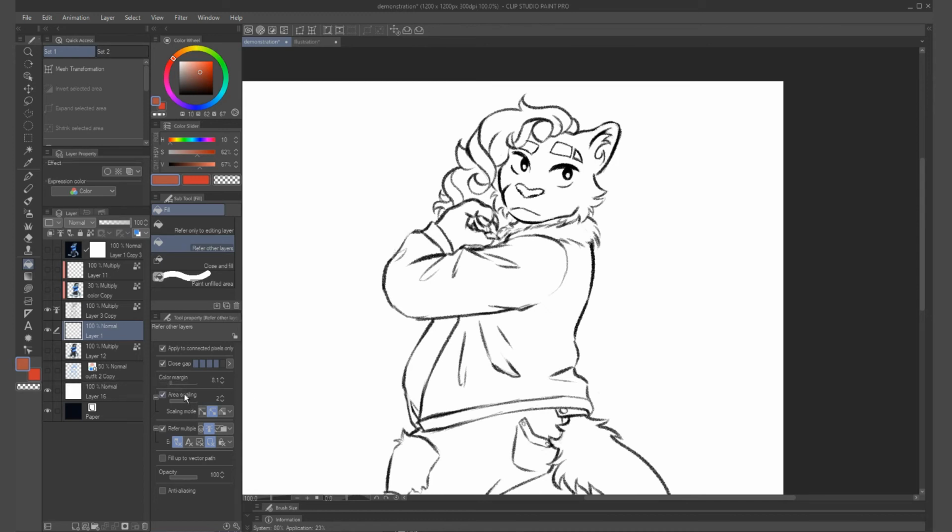The second setting is Area Scaling. Basically takes the initial fill bucket and it expands it by a certain amount of pixels. I can exaggerate this effect, you can see. Area Scaling also has different modes that change the smoothness of how it expands the pixels.